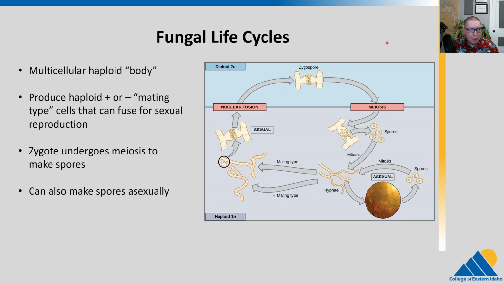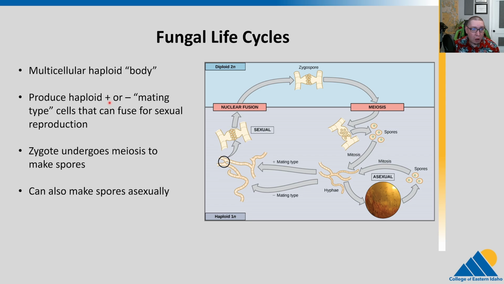Start with fungi. Fungi are interesting. Fungi have a very different life cycle than you. They have both diploid and haploid phases. They actually don't spend a lot of time in the diploid phase. They spend a lot of their life in the haploid phase. And instead of having male or female, they produce what we call plus or minus mating types.